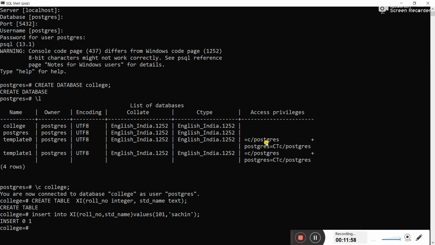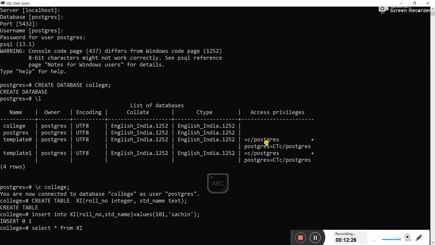Now how to check whether the record is inserted in the table or not? To check the data in the table, we use the select command. Select star, where star means all. So select star means select all records from where? From the 11 table, correct? So you need to write select star from 11. 11 is the table name.